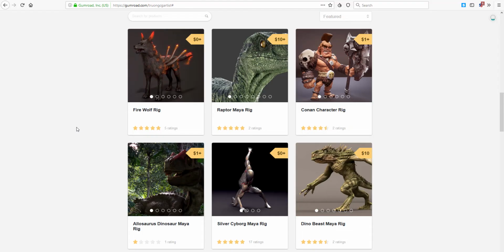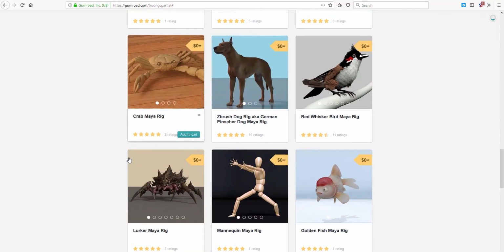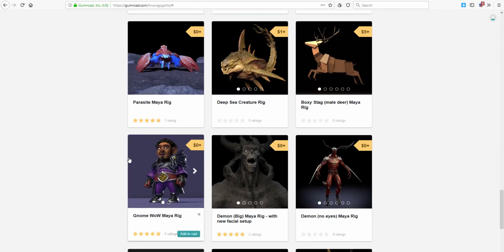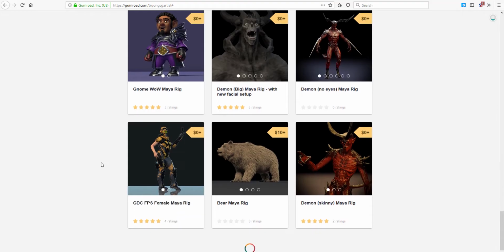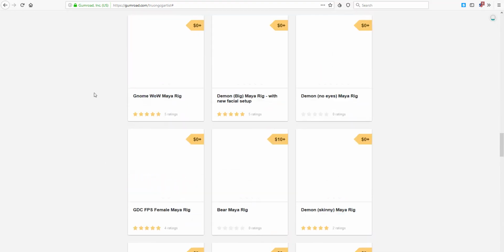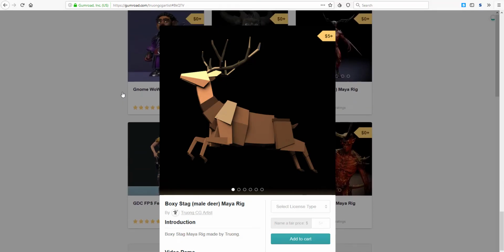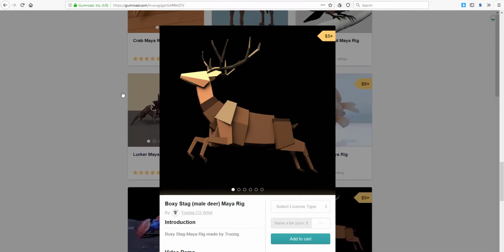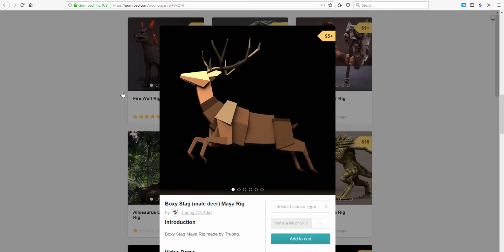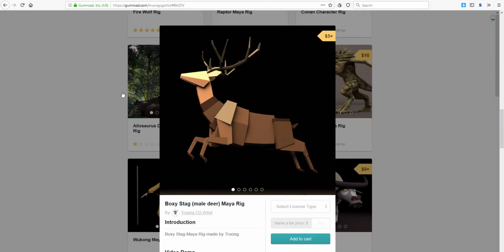Now, one of the things about the rig is most of the characters you're going to find here are actually made using the advanced skeleton rig. So if you're a Maya artist or you're trying to get into animation, then maybe this might be the best place for you. You can come through and find different kinds of models that you can practice with, models that you can play with, and also models that you can buy.